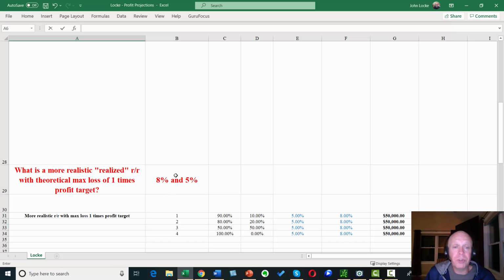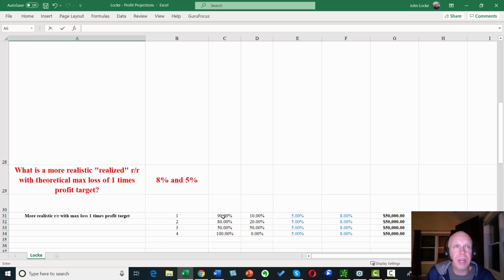But the reality is, in most of these income type strategies, if you start out with a 1-to-1 risk reward ratio, a lot of times your average loss is about 3 or 4% more than your average win. So if we take that into consideration, we put our average win at 5% and we put our average loss at 8%, which is a little bit more realistic. This is how the numbers come out, right?